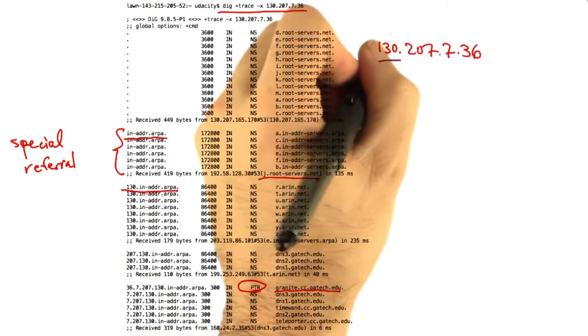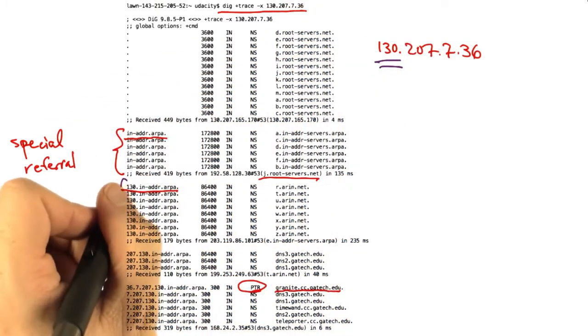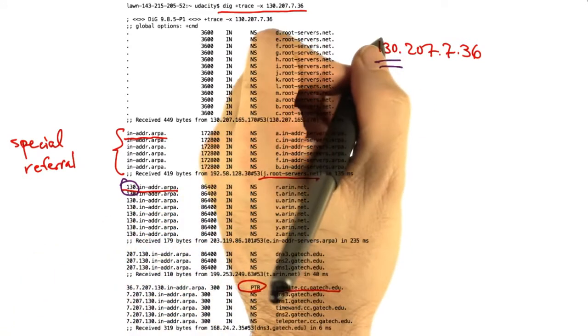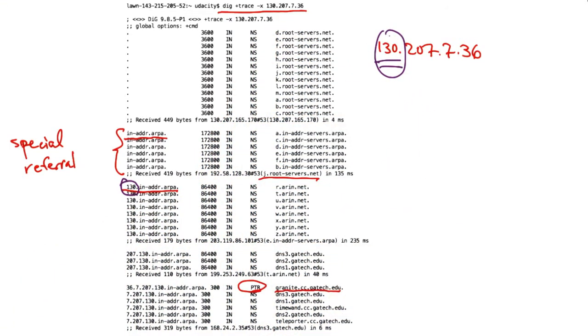Subsequently, we see a referral to 130.in-addr.arpa, corresponding to the first octet of the IP address. Next, when we ask ARIN about 130.in-addr.arpa, we receive another referral, which is to 207.130.in-addr.arpa, and because 130.207 is allocated to gatech.edu, ARIN knows that the appropriate referral for this part of the address